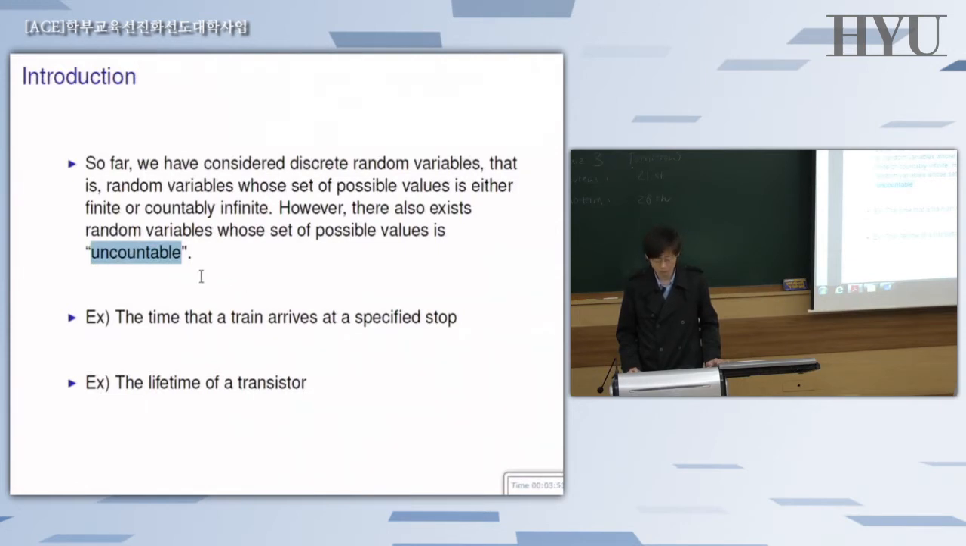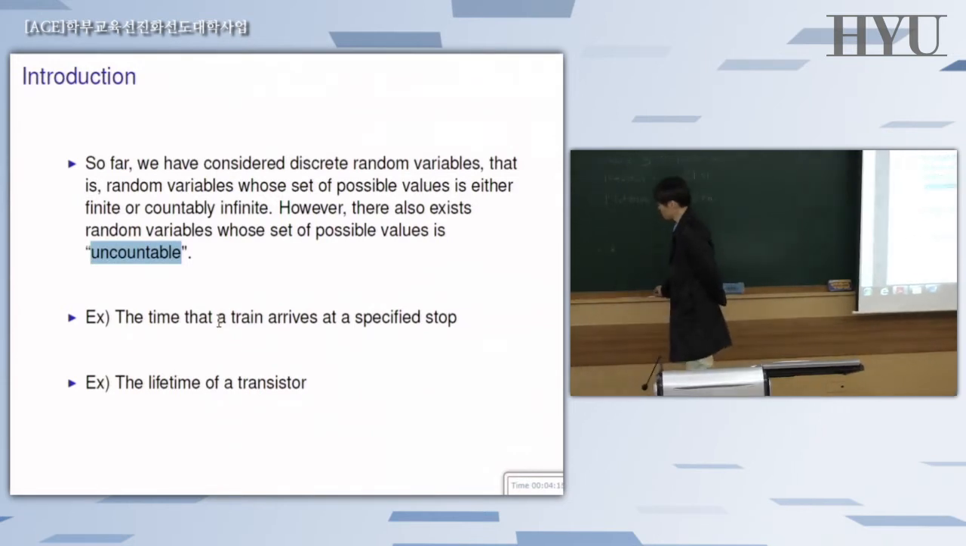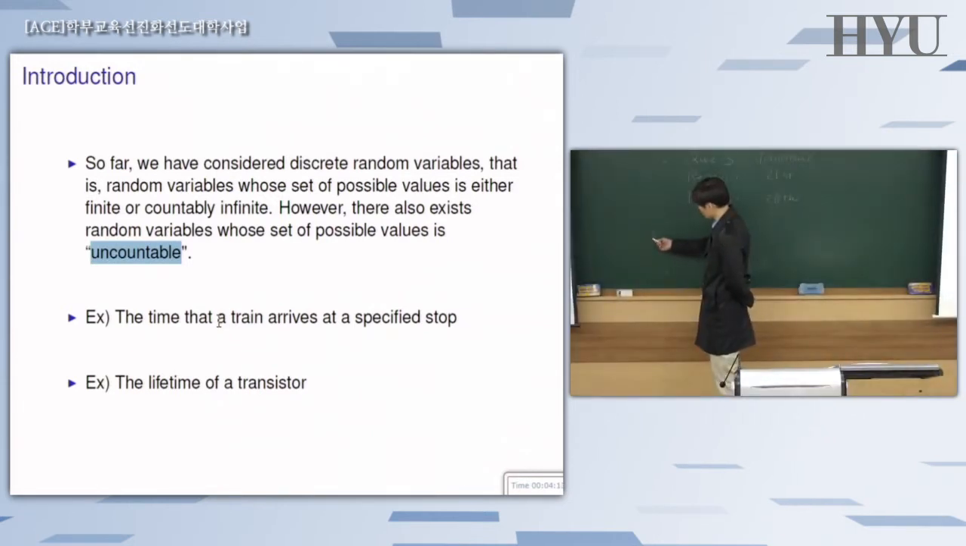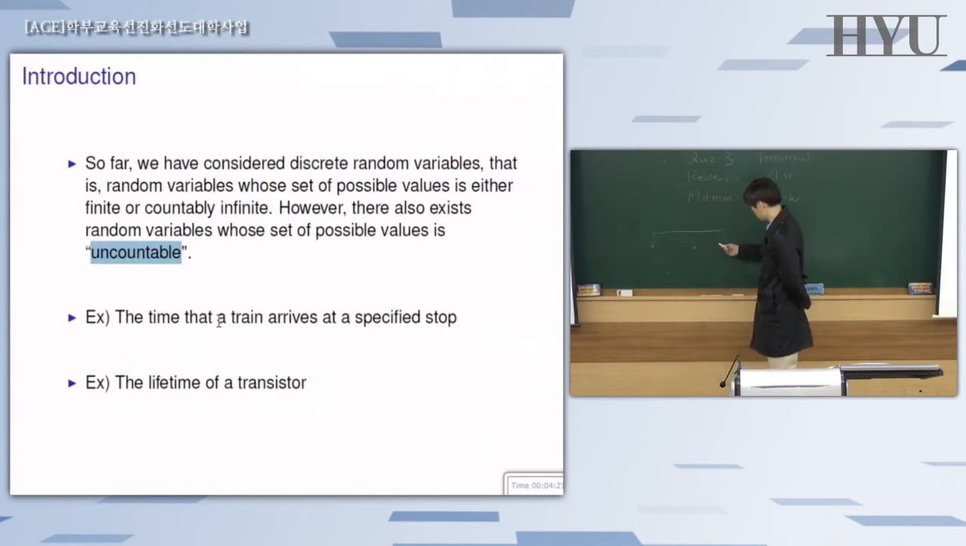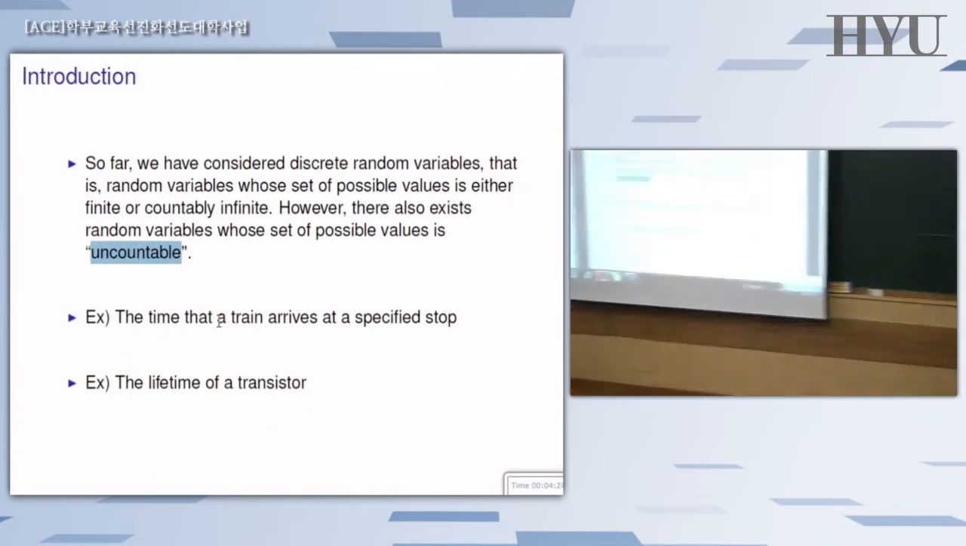So for example, we can define a random variable to be the time that a certain train arrives at a specified stop. That one is certainly continuous because you cannot count them. You can say the boundaries are like between 0 and maybe 100, but there's no way you can count those possible values taken by this one because it's a continuum of real numbers. If you say that the time could start from 0